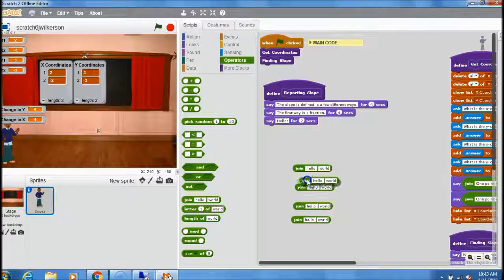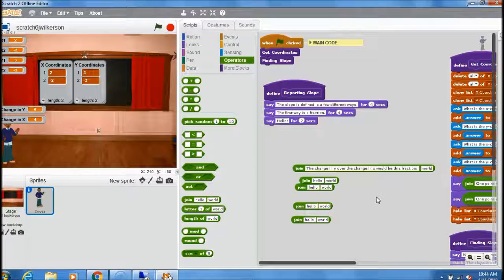Because we're going to report some variables here, we just want to join them all together. And I just haven't found a better way to do it yet. So we want to say that the change in y over the change in x would be this fraction,